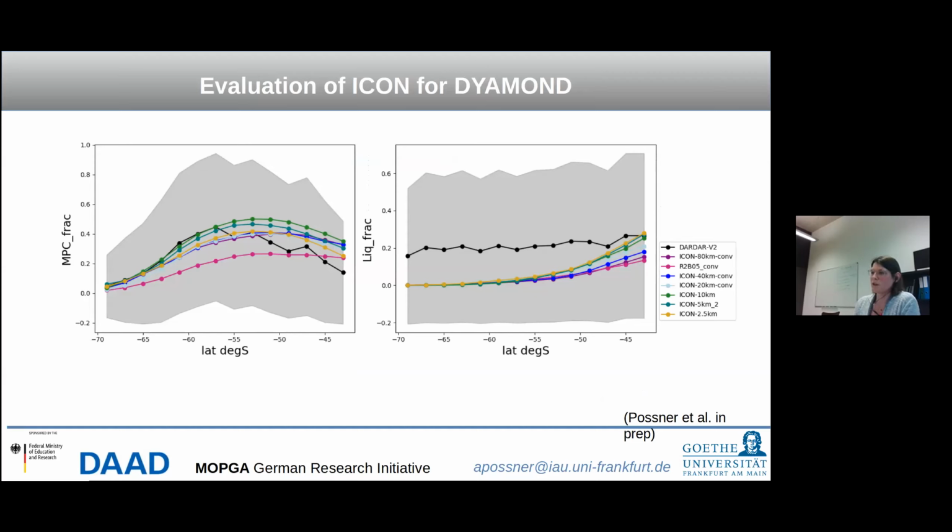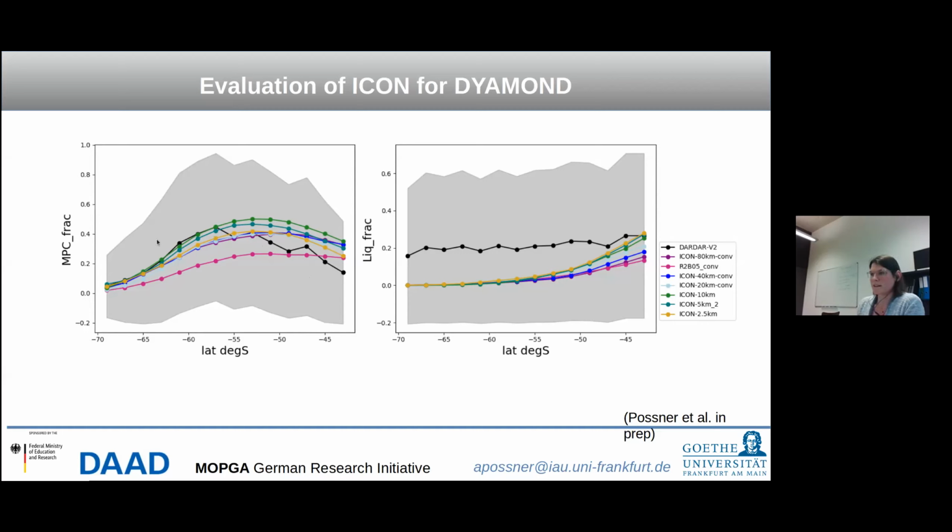What I show you here now is just a latitudinal cross section going from -40° south towards the South Pole, once for the mixed fraction, so the occurrence of mixed phase clouds, on the left-hand side and the occurrence of liquid clouds on the right-hand side. And in black is the observation as seen by the data product. So again, the Calypso and CloudSat were integrated, as you've seen earlier in Jessica's work.